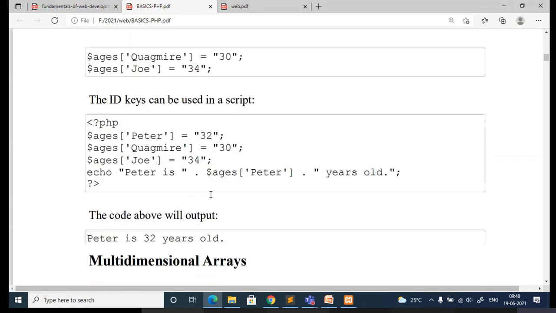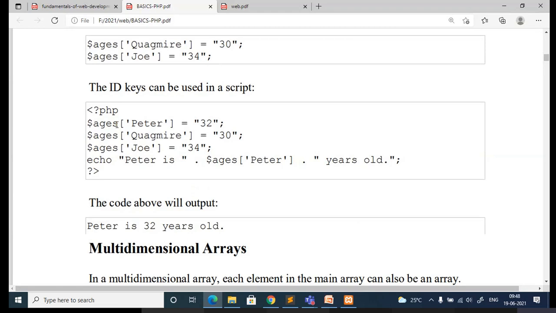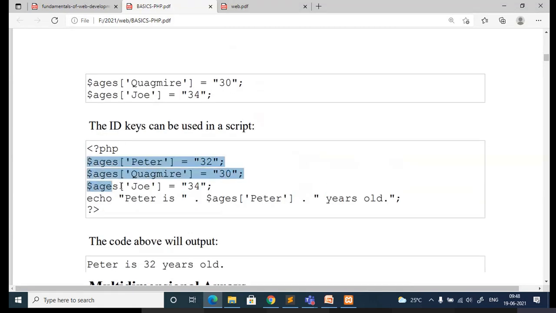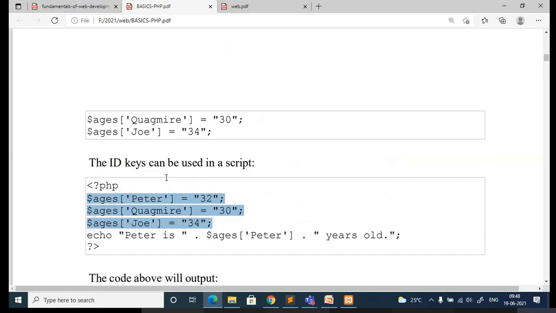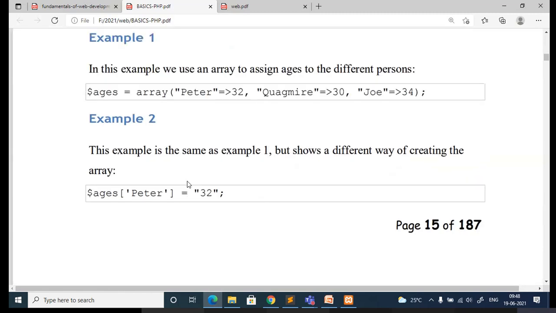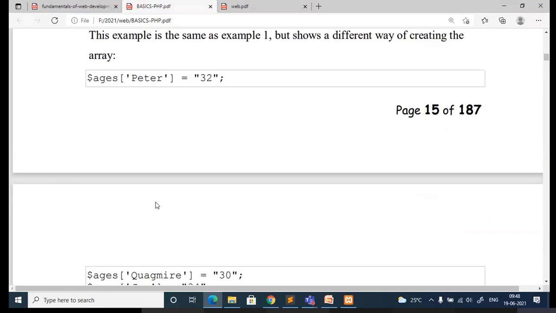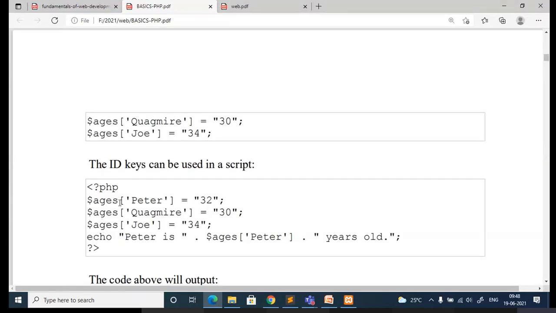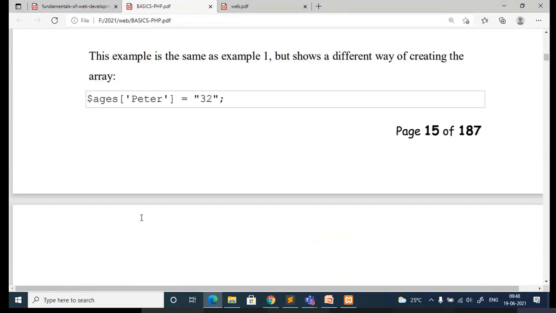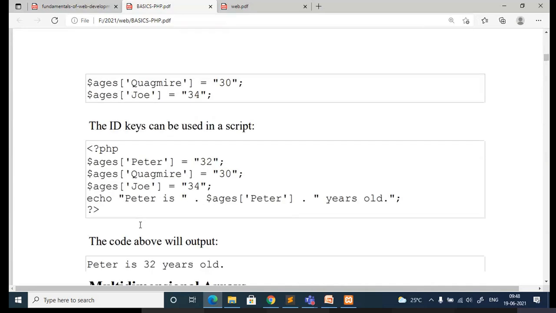Let me go to the PHP part. This is another way of initializing the array with key-value pairs, or directly you can go with this. This is commonly used, because if the data is large, it will take a lot of time otherwise.